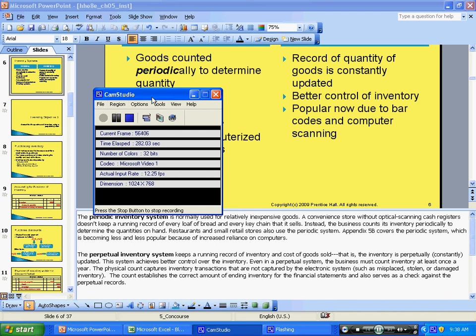When we purchase inventory, we always debit inventory, and we credit either accounts payable, because we may pay for it in the future, or we credit the cash. So looking at